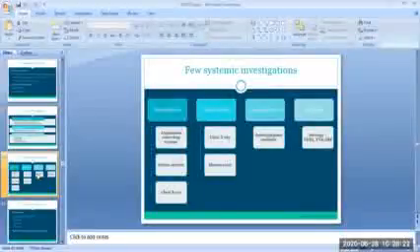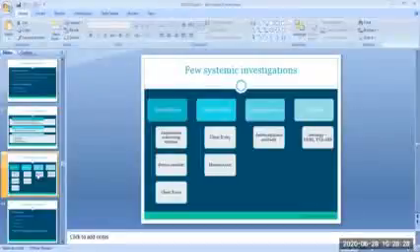Then a few systemic examinations should be done to rule out systemic diseases. For sarcoidosis, the angiotensin converting enzyme test should be done, serum calcium should be tested, and the chest x-ray should be done. In case of tuberculosis, chest x-ray and Mantoux test should be done. In case of toxoplasmosis, the anti-toxoplasma antibody test should be done. In case of syphilis, the serology tests, the VDRL and the FTA-ABS test, should be done.